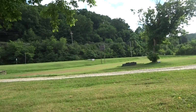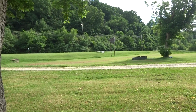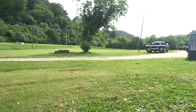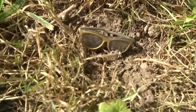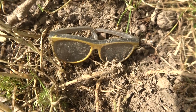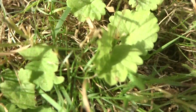Good morning, Covers. We're still here at this old motel here on the Midland Trail, Route 60, now known as. But I was just walking over here to see what Robert had found, and I come across this neat little surface find. Look at that. Look at that little teeny tiny pair of sunglasses. And to show you the size of those sunglasses,